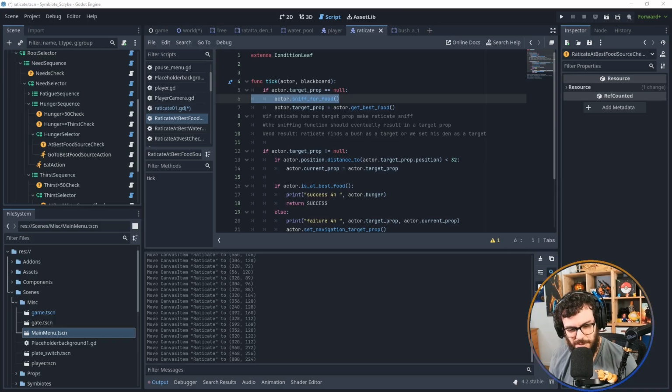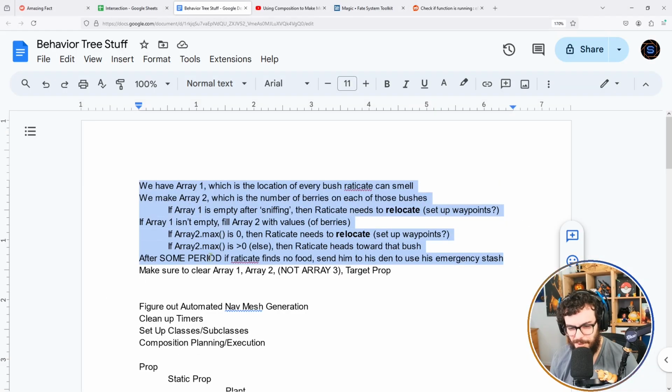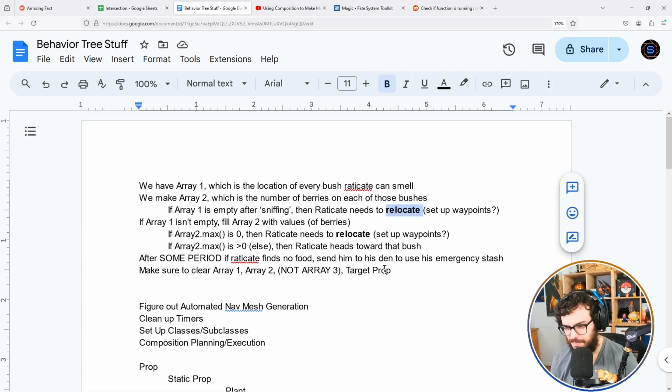You can emit a signal when the code in the function is completed also. Yeah, I shouldn't actually do it this way. I don't think this is the right way to do it. Okay, so specifically the problem is him relocating. So it's essentially...